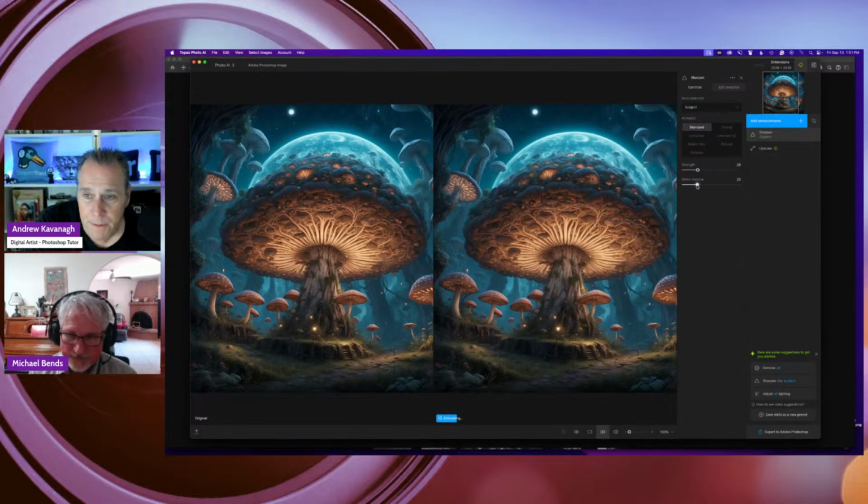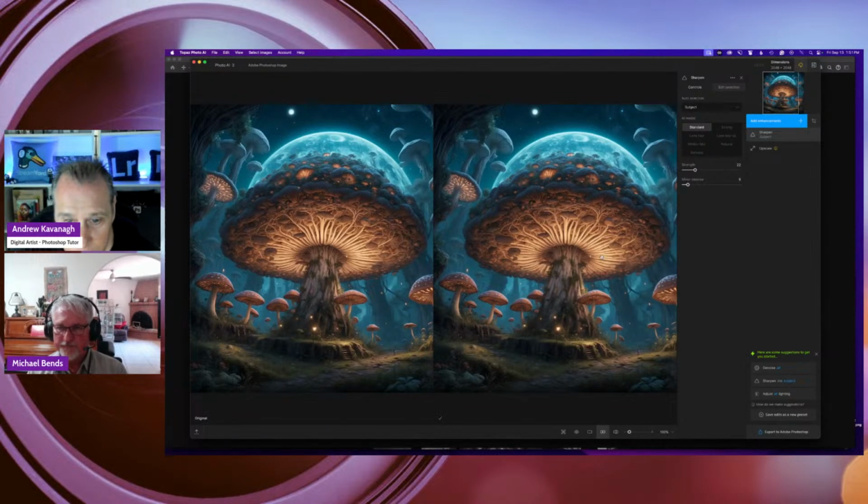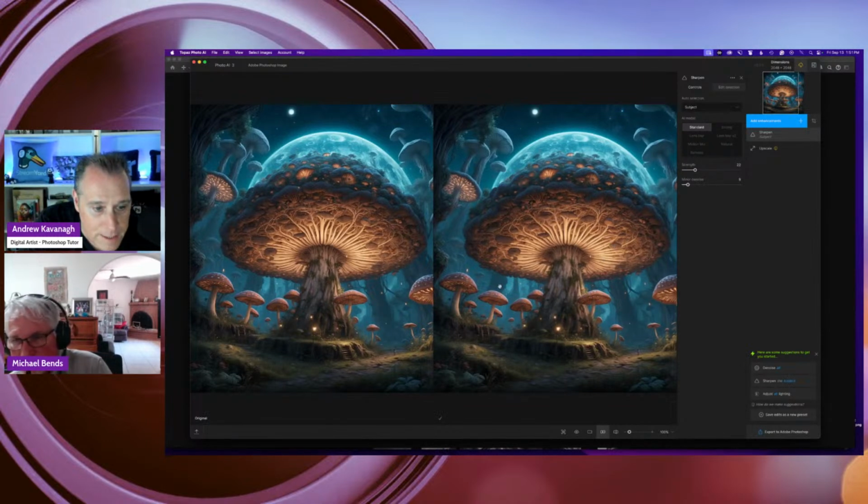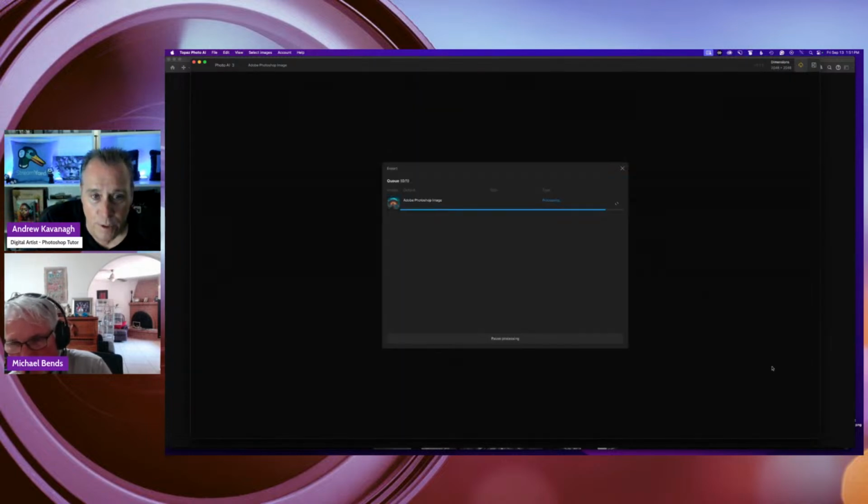Sometimes it defaults to a lot of denoise, but I don't feel like it needs to do that so much. So I'll bring the denoise down, and then I'll bring the strength to around 18 to 22. And then I look for the progress bar at the bottom. Once you see the check mark, you can either just take a look or zoom in. I see it's got some good detail. Bottom right, I just say export to Adobe Photoshop.